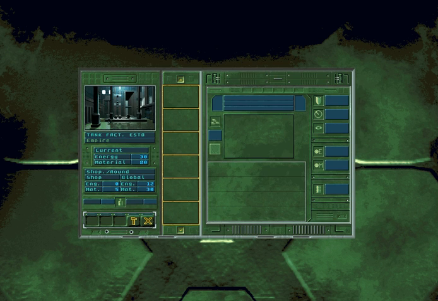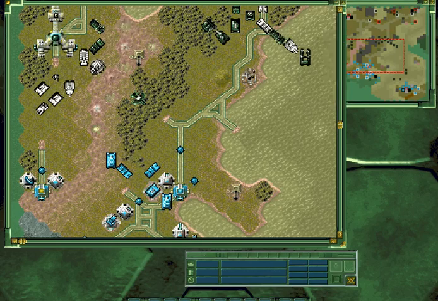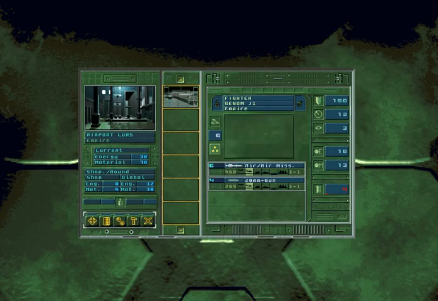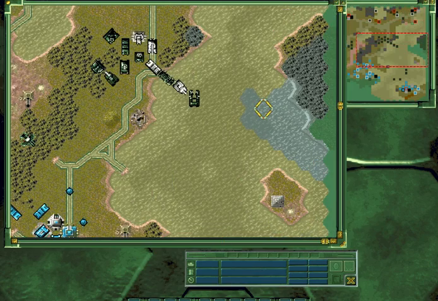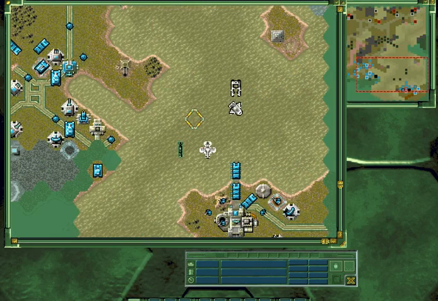What energy do we have? 30. By the time we get the airplane, we should be able to produce 2-3 good units immediately. Then